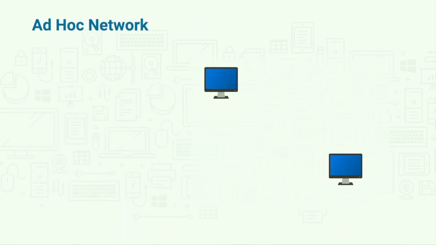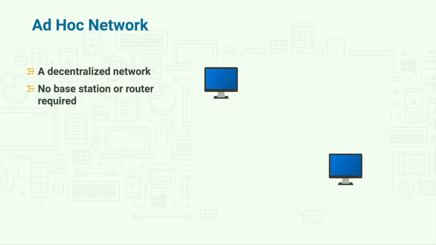An ad hoc network is a decentralized network that allows connections without a traditional base station or router. It allows users to connect two or more devices directly to each other for a specific purpose. Ad hoc is a Latin term that translates to "for this," and ad hoc networks are usually temporary solutions for a specific task. Ad hoc connections can be wired or wireless. If you're connecting two systems with an Ethernet cable, it must be a crossover cable. An ad hoc network can also be created using Wi-Fi. Of course, the Wi-Fi parameters and protocols must match and be compatible with each other, including the SSID, security, and